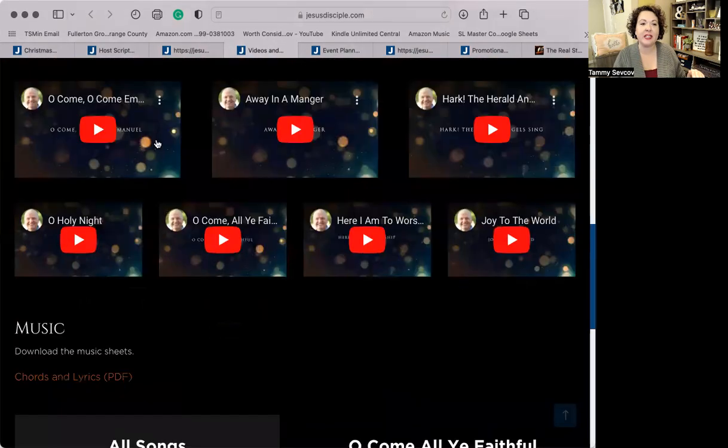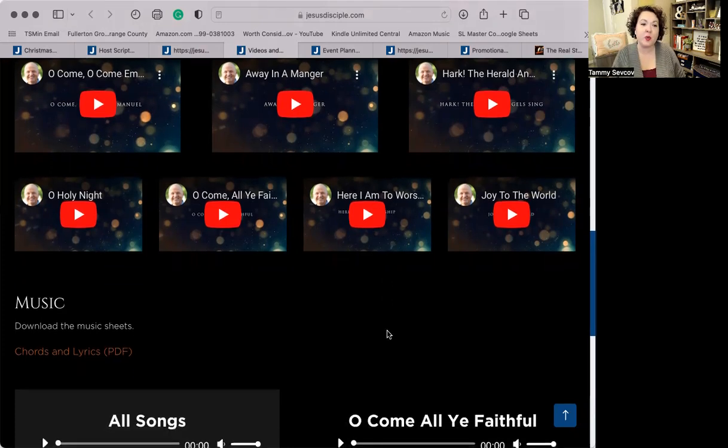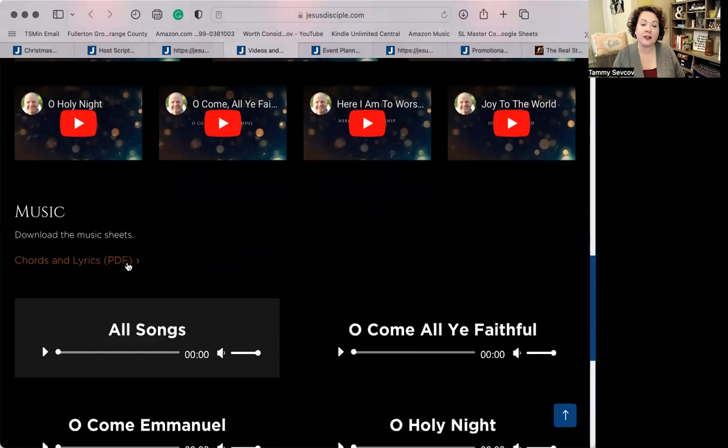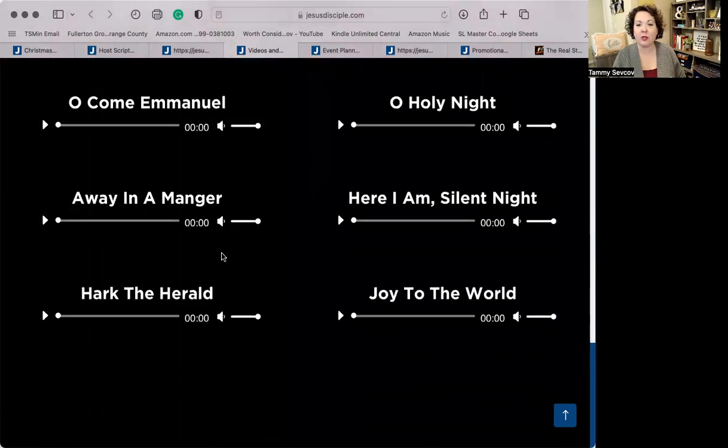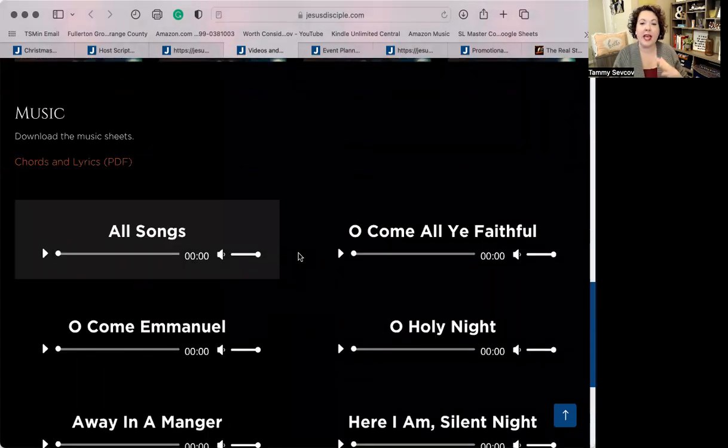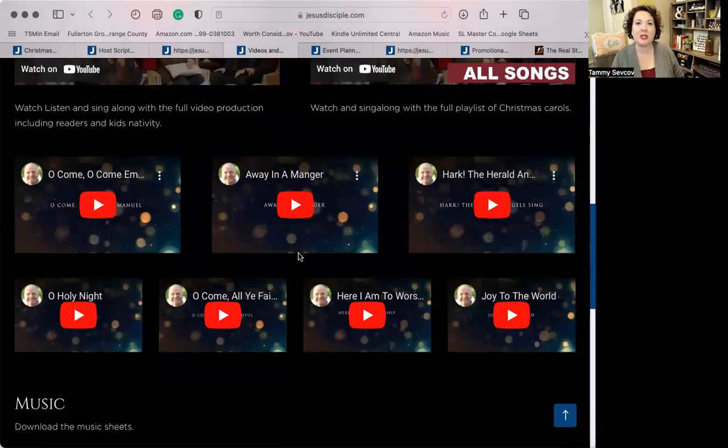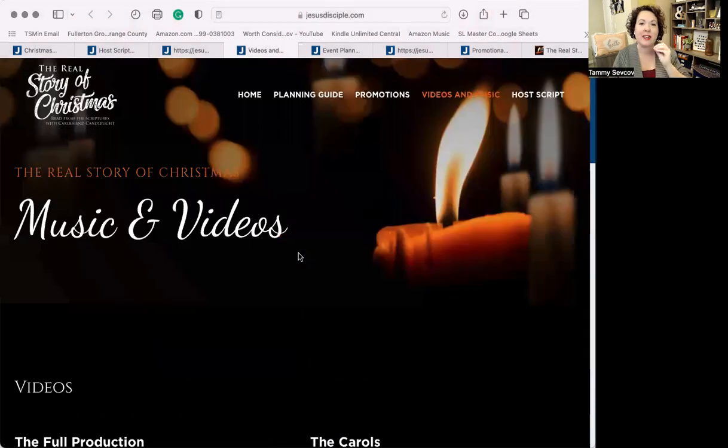Then we have each of the individual Christmas carols listed here so that maybe you want to do some of them, but not others. You want to do some of them live. You might have a musician in your midst. Great. Again, our goal is just to resource you so that you can choose how it would work best for your scenario. If you go on down below the videos, we also have the sheet music here, chords and lyrics for all your musicians. And then we have the audio one more time, just listed out all separately here. So anything you want to use here, we want you to be able to use it. Hopefully that resources you to the right approach you want to take for your event.